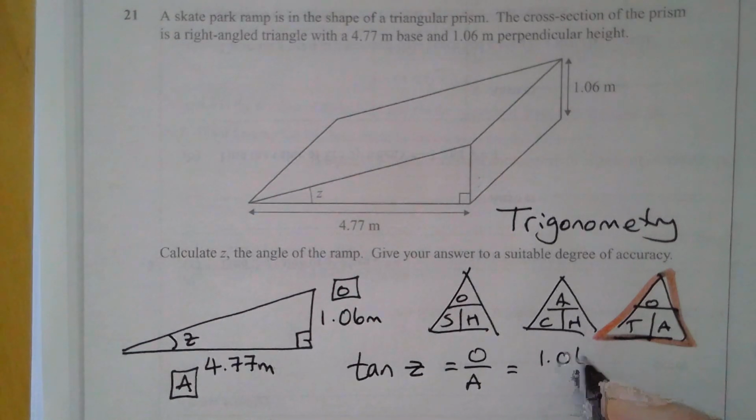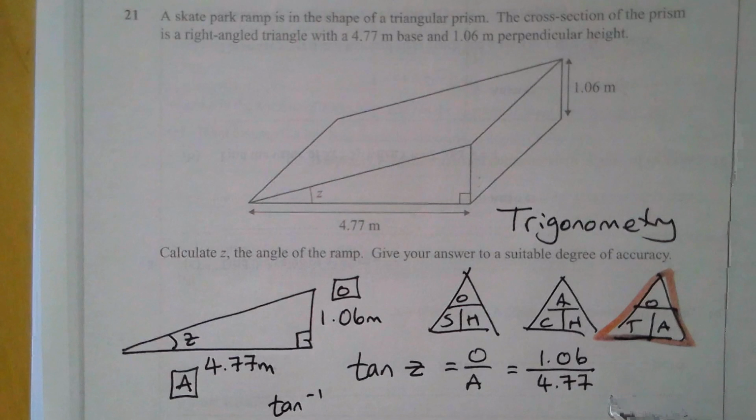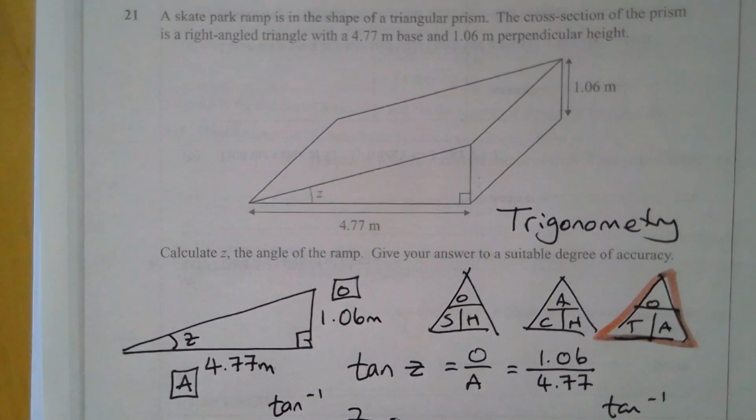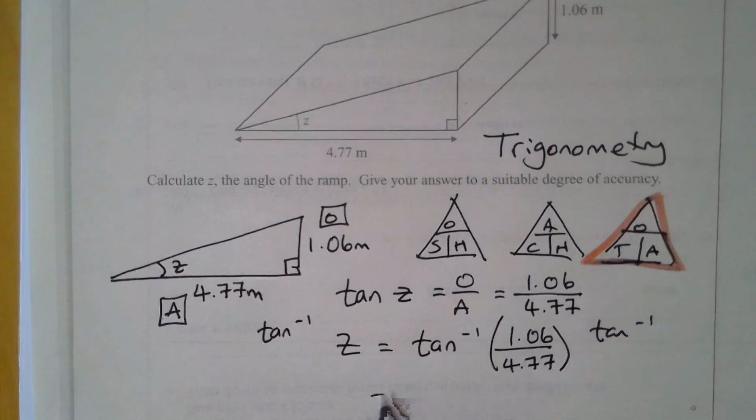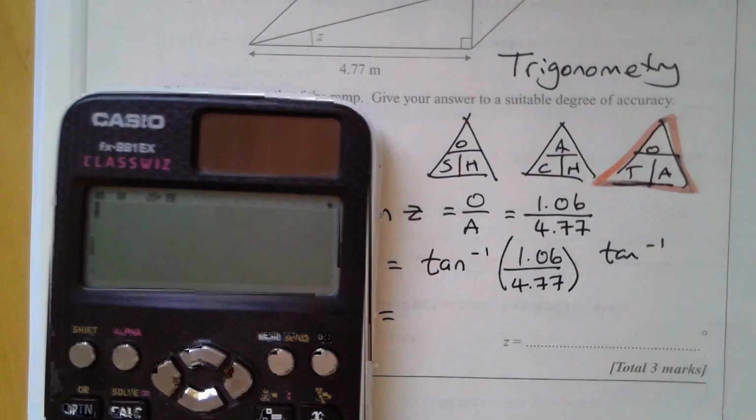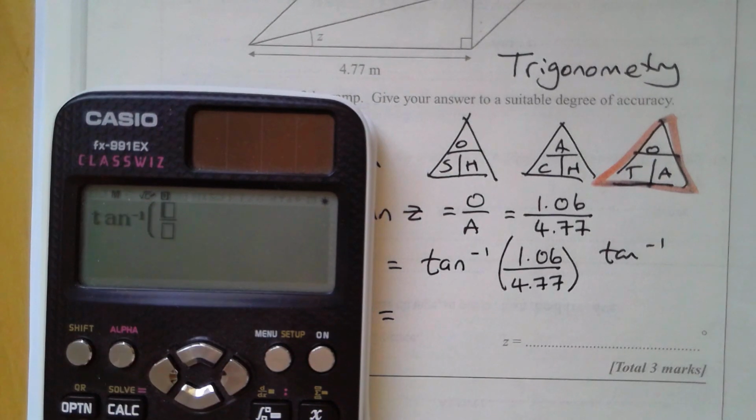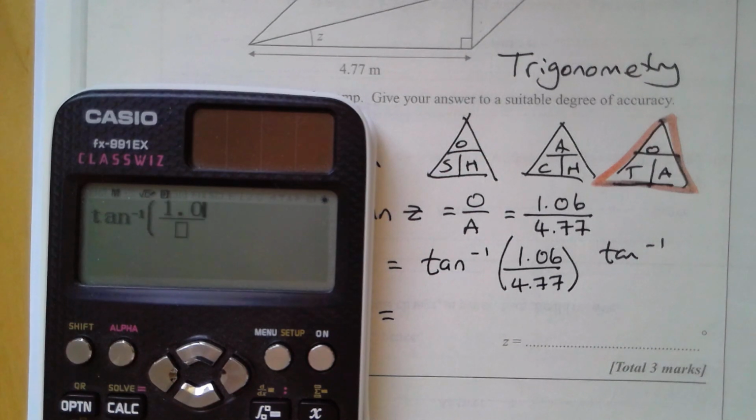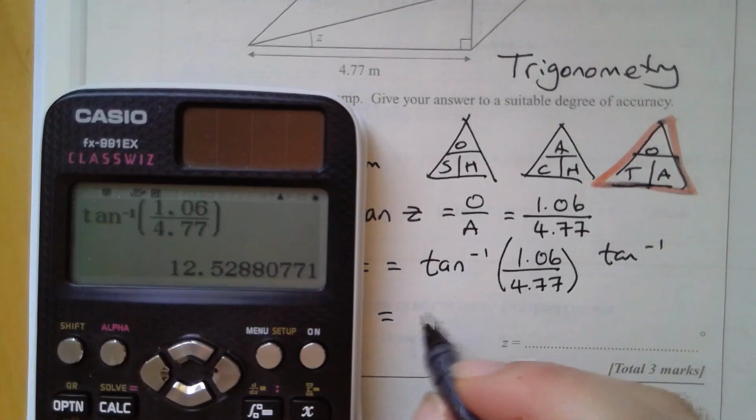Opposite is 1.06. And then what we have to do is we have to inverse tan both sides. And then put that into your calculator. So, shift button, tan, opens up a bracket. I'm going to put a fraction in here, 1.06, and then 4.77, and then I'm going to close the bracket here. Gives me an answer of